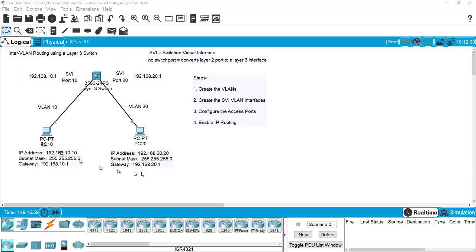So it's a very simple environment. We have two PCs that are going to be in different VLANs. This one, PC 10, will be in VLAN 10, and PC 20 will be in VLAN 20. Of course, PCs don't understand VLANs, but the switch ports that they're plugged into can be configured to understand those differences. So on this PC 10, we have set this up with